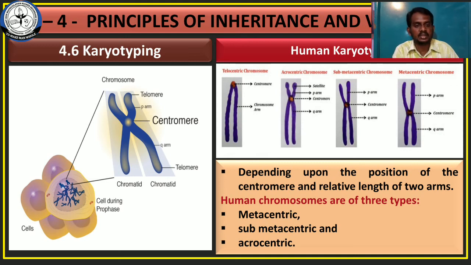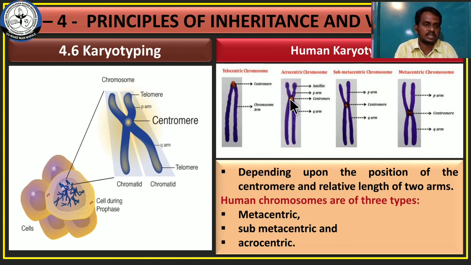Then next we discussed the various applications of karyotyping. So what are the applications? It helps to identify the sex of an individual, and identify chromosomal abnormalities like aneuploidy. Evolutionary significance can also be easily identified with the help of karyotyping. And the last one is that it helps to find genetic diseases. In the last part we discussed the various types of chromosomes. There are 3 types in human beings: metacentric, submetacentric, and acrocentric. This classification is based on the location of the centromere.